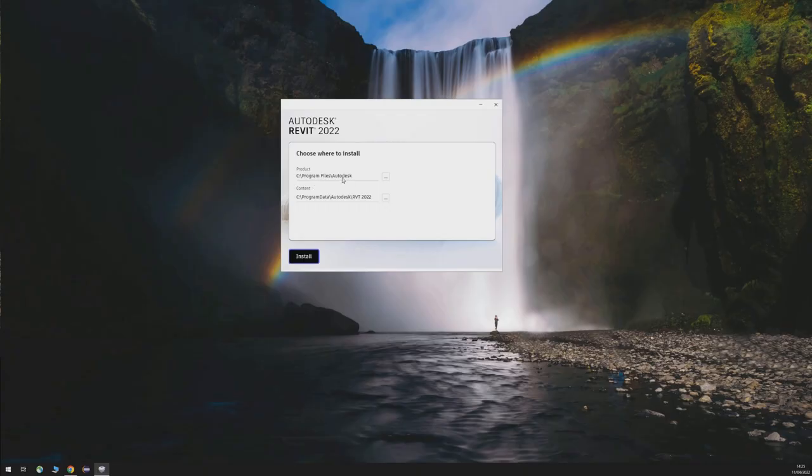Usually it would be in C, Program Files, x86 or x64. It depends on the Windows version of your computer. But usually the content would be in Program Data, and the product's execution files would be saved in Program Files under Autodesk. I'll just click install, and this is usually the default path. If you want to change it, just remember where your new modified path is. And again, it depends on where you've installed it yourself. So I'll click install,